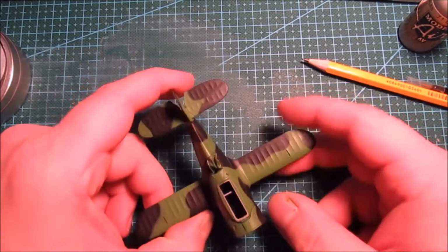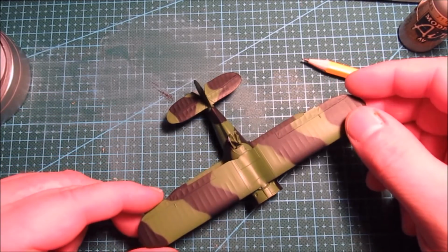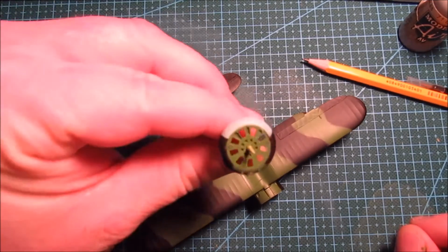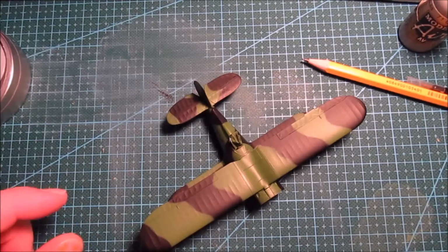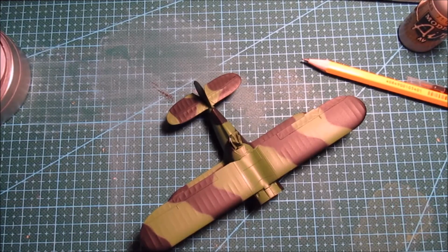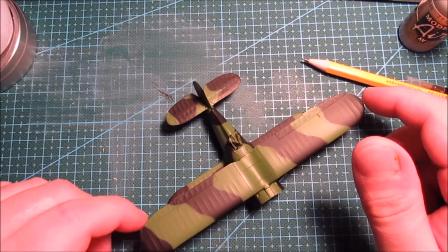So here she is, all painted up, and the bottom of the wings right there. The top of the wings should look something like that, and the front of the engine cowling just looks like a random stripy mess right now, but it all makes sense when it hits the plane in the right spot. But yeah, what I wanted to say about this is nothing really. It's just painting, masking with blue tack, and